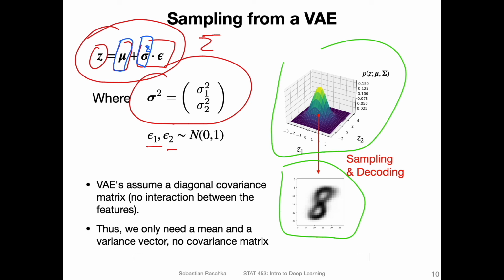But we store these 2 vectors here, and using those, we can use backpropagation to parameterize these vectors, and then we use epsilon during the forward pass to sample. It sounds maybe a little bit weird and abstract right now, but it will become more clear once I show you also the first code example. It will not be too far into the future, only finishing up this video. There will be a short next video, and I will show you the code example, and then I think this will become clear.